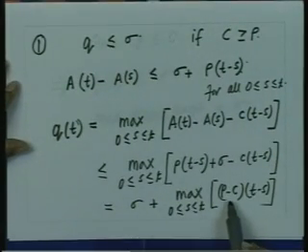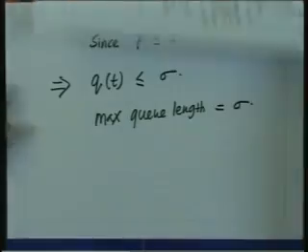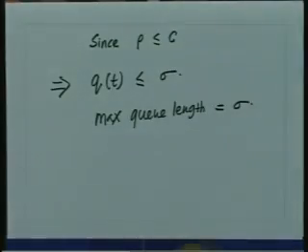Okay, so since rho is less than or equal to C, your Qt will be less than or equal to sigma. So what we have proved is that if you have a deterministic queuing system where the input is a sigma rho constrained traffic and it is being served by a work conserving link which is transmitting at the rate of C, and this transmitter rate we are assuming to be greater than or equal to the average arrival rate of this deterministically bounded process, then we can prove that the maximum queue length, okay, will never be more than sigma.